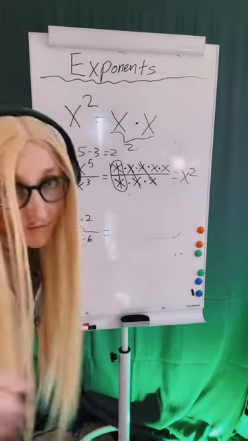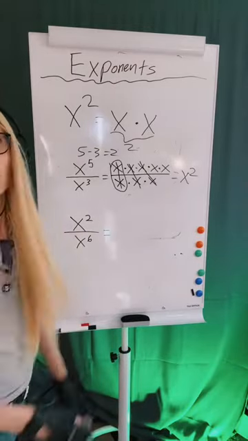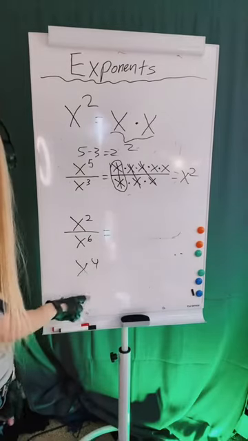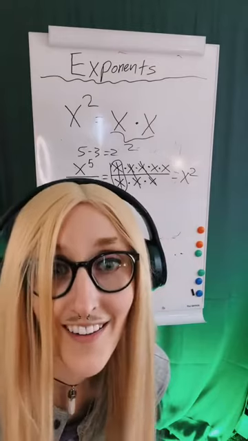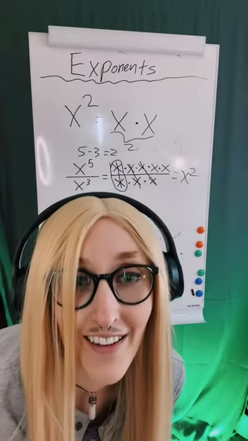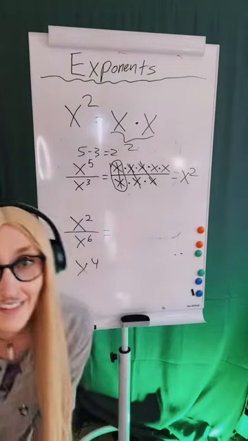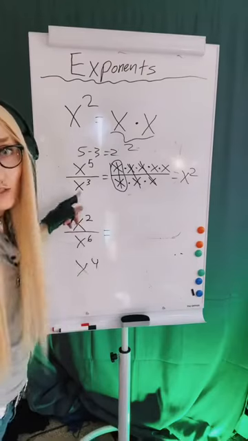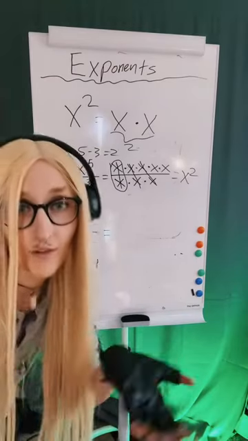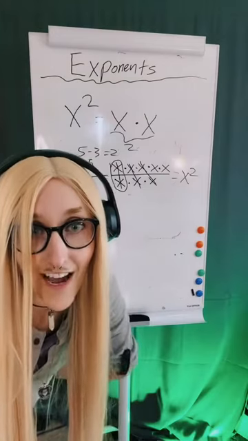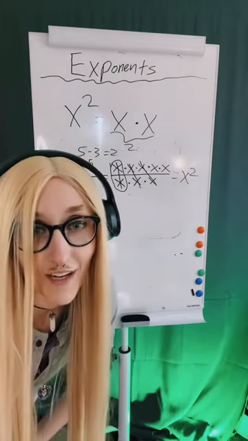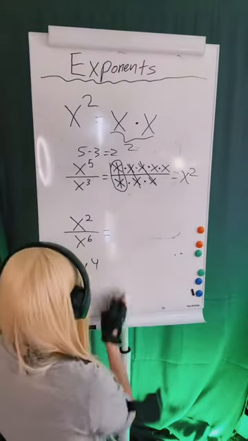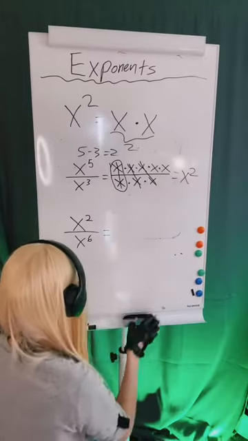So some of you were like, oh, well, 6 minus 2, that's 4x, right? Some of you were sending me x to the 4th. But you're wrong. You're wrong in a very beautiful way. And here's why. Notice that the 6 is on the bottom this time, whereas before the bigger number was on the top. So let's draw the situation out. You were wrong in a very beautiful way, and I love that. Thank you for letting me talk about this. So it's not that one. But I'm so glad that you guys came up with that.